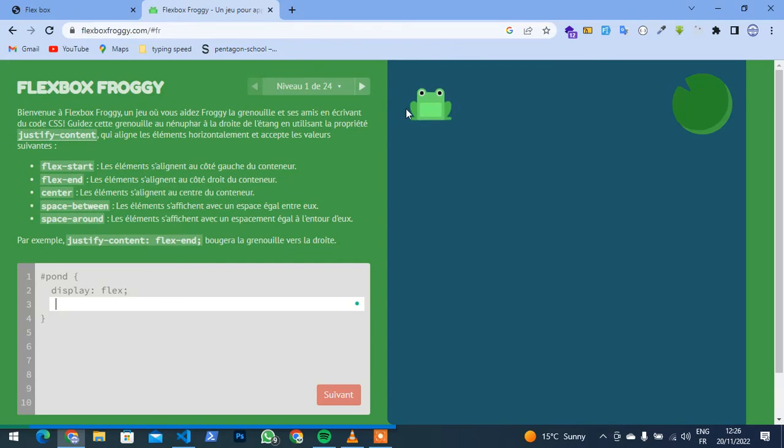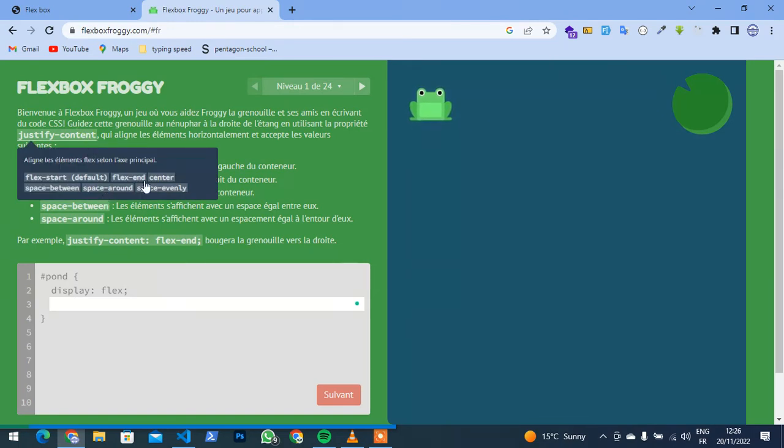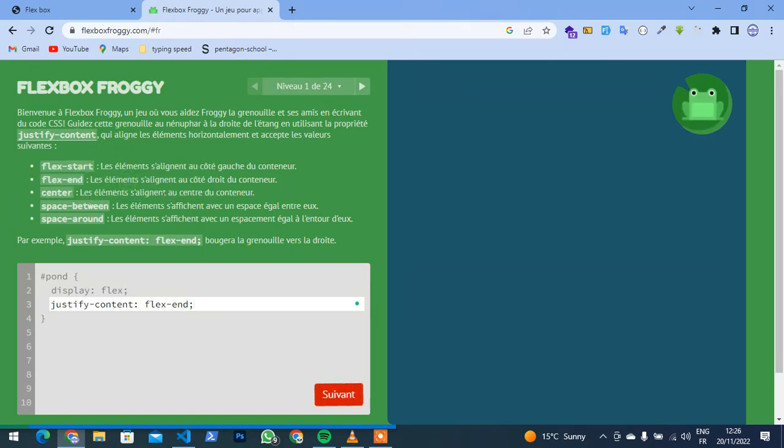So use justify content. Okay, we have justify content, we have flex start, flex end, flex everything. Let's say you have justify content. To avoid typing, you can click this one like this, then choose your answer. Okay, let's say flex end. Yes, you can say justify content. It takes these properties, then we can see what to do with it. So I try to say let it go and sit at the end, flex end, take it to the end,